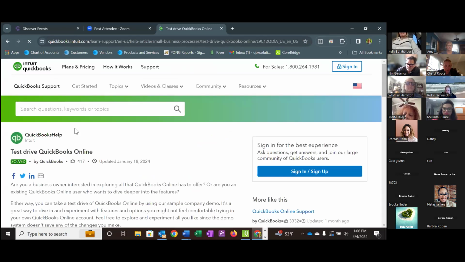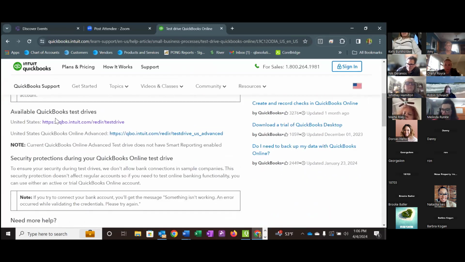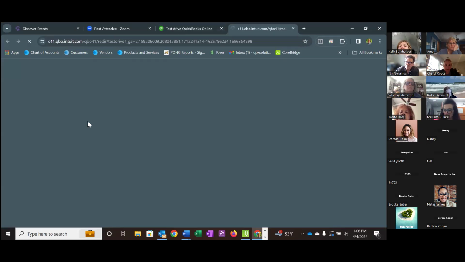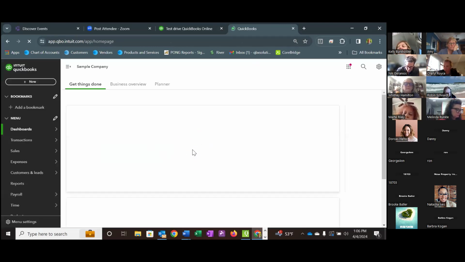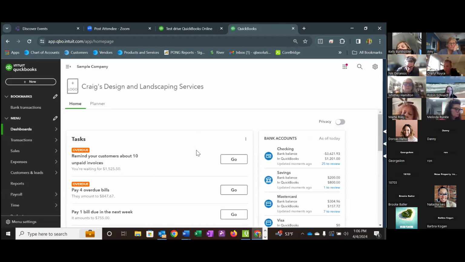Test Drive QuickBooks Online. It's going to show a couple different versions to test drive, the advanced version, and then everything else is under this top one right here. Be sure you're choosing a United States version, but you can open this sample company up. It's going to have sample data in it. It's going to have really weird dates. It's going to have all kinds of scenarios. But this is our sample company that we can play around with. It's called Craig's Design and Landscaping Services. Okay,